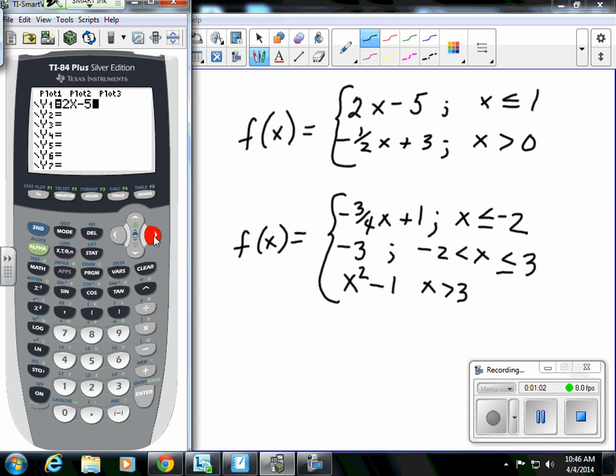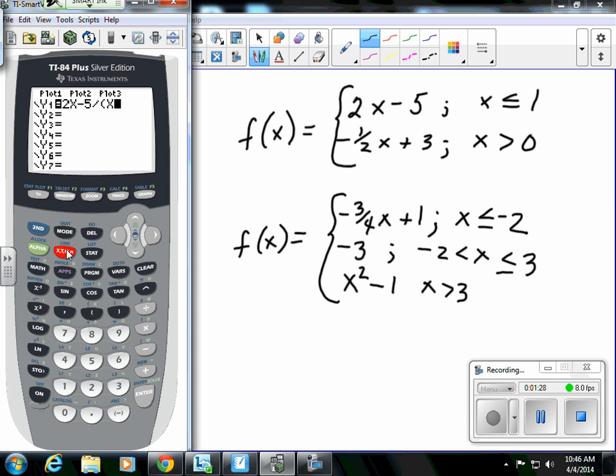minus 5. And the calculator requires you to use a syntax of divided by. It is not dividing anything. It's used as a slash to signify to the calculator that that's the end of my function. Now I'm going to tell it the domain for that piece of that function. To do that, I'm going to use parentheses,